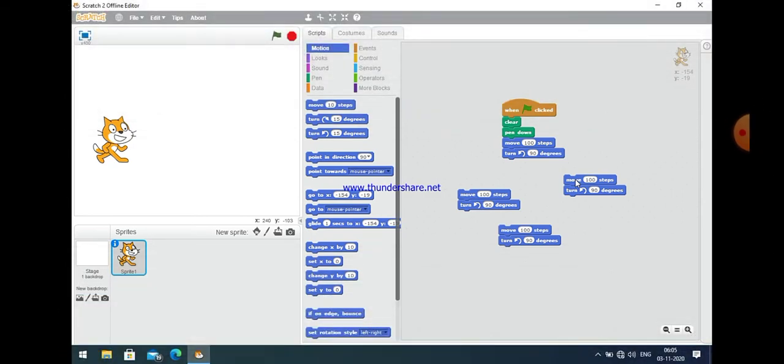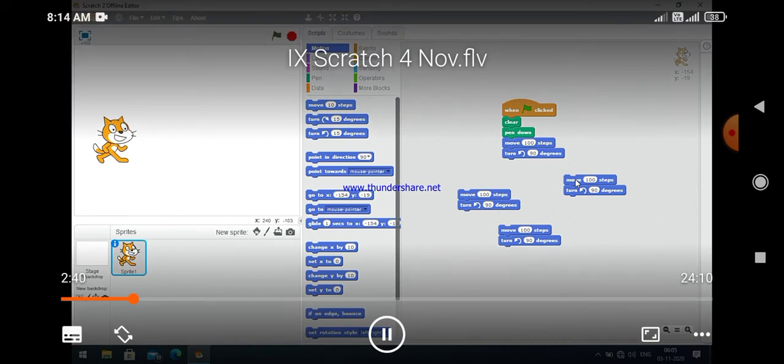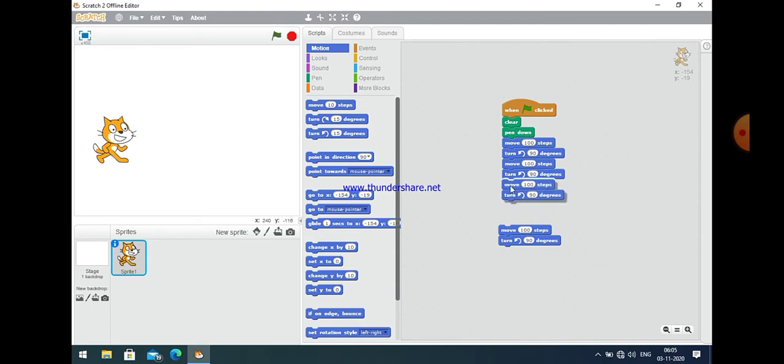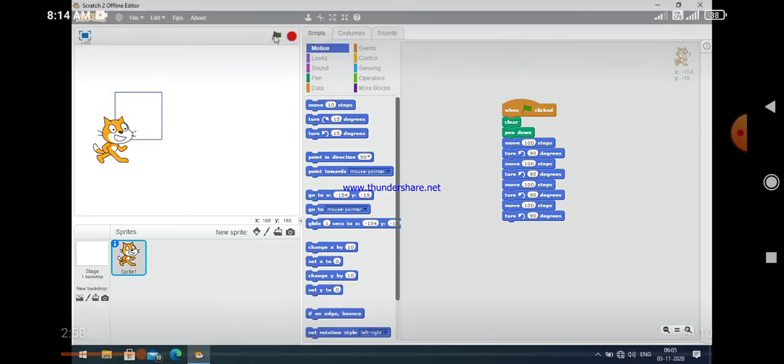Let us check it. I just combine all these, and then let us execute this. Now you can easily see here that a rectangle is there.